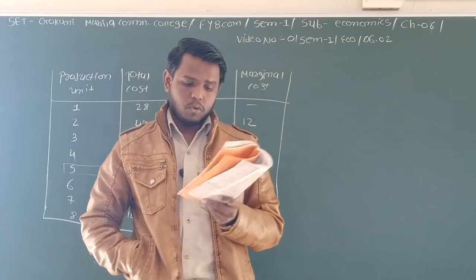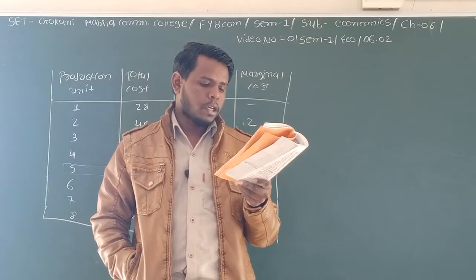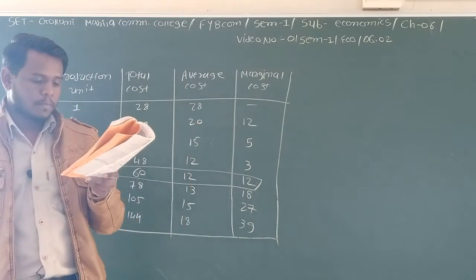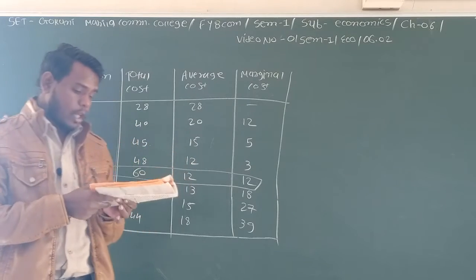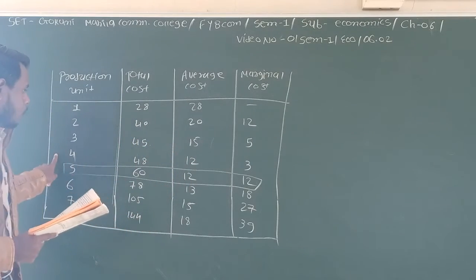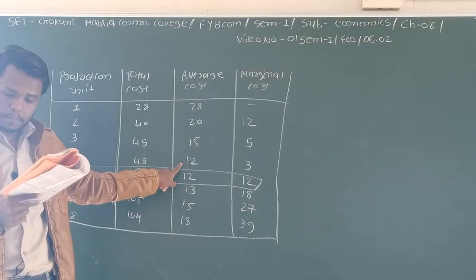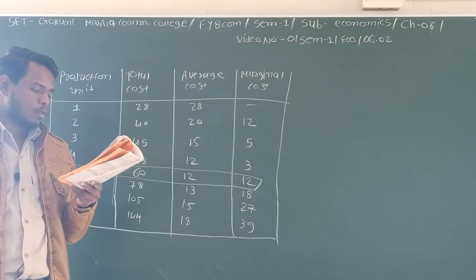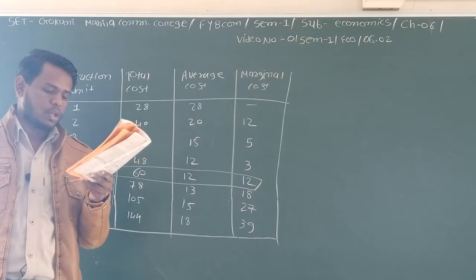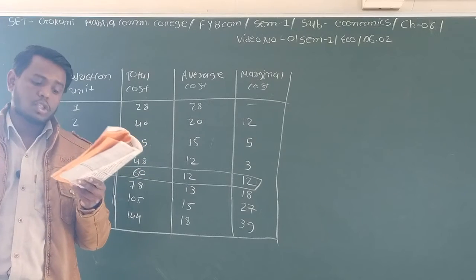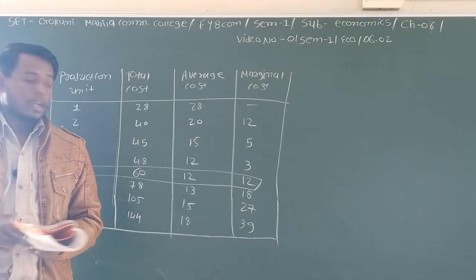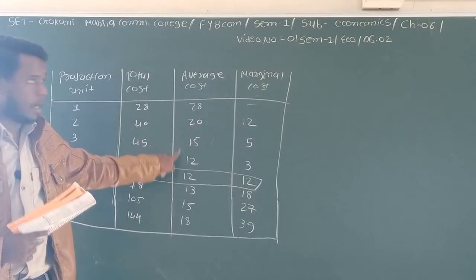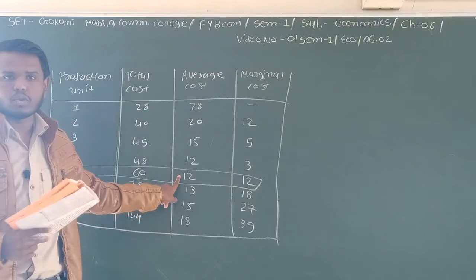When one more unit is produced, average cost does not increase or decrease, but marginal cost and average cost become equal. Here you can say average cost of 4 units is rupees 12. Of 5 units it is 12. At 5 units average cost neither increases nor decreases. At 5 units marginal cost is also 12. Thus both are equal. Here you can see that average cost at the 4th unit is rupees 12 and average cost at the 5th unit is also 12.